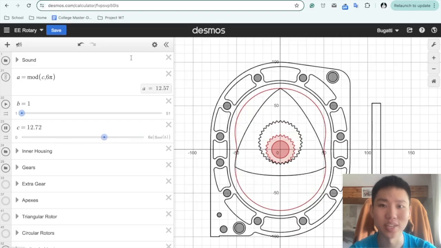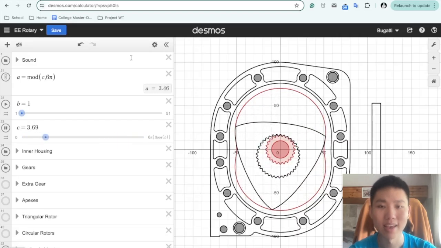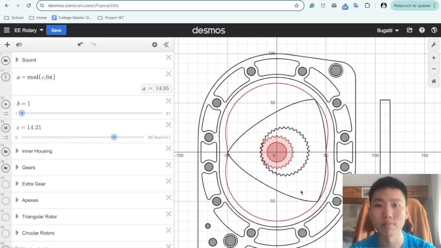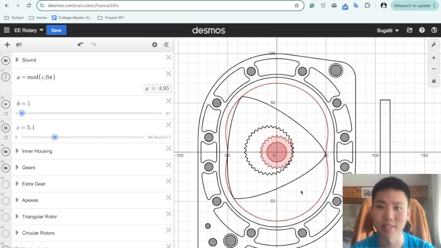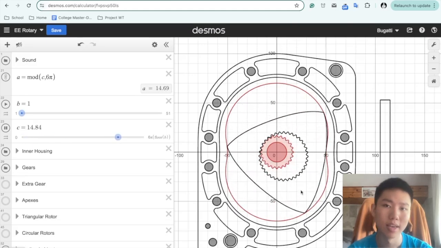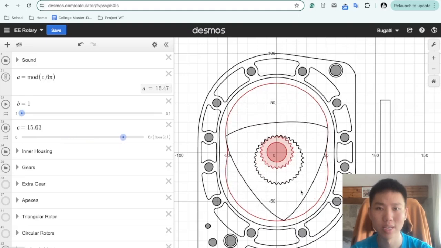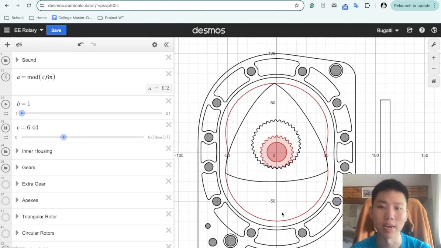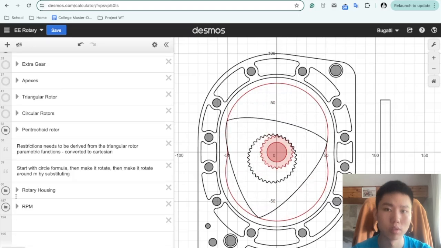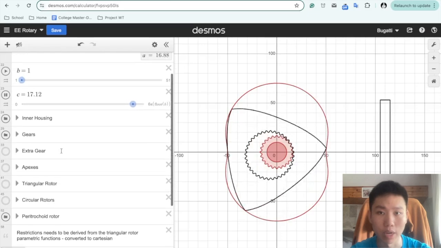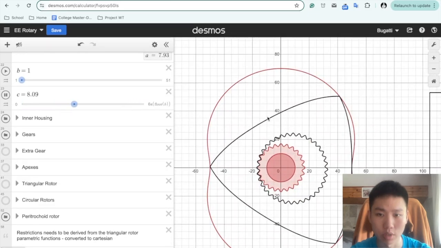This is the rotary engine that I modeled in Desmos, and it's a project that I've been working on throughout my 11th grade year. This is actually a part of my IB extended essay in mathematics, and in it I'll be discussing some of the properties of the rotary engine, as well as how I found the area maximizing rotor size. Alright, now let's get rid of all the fancy metal housing around the engine and take a closer look